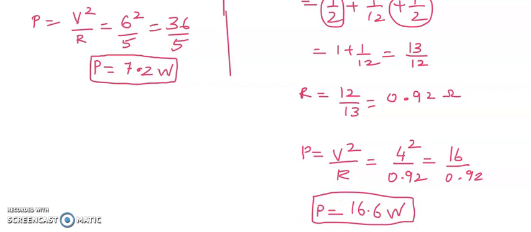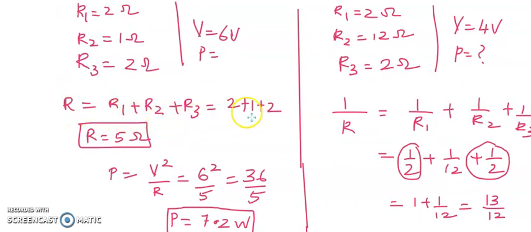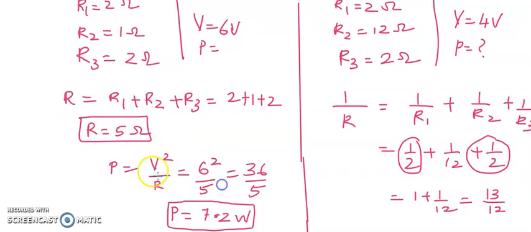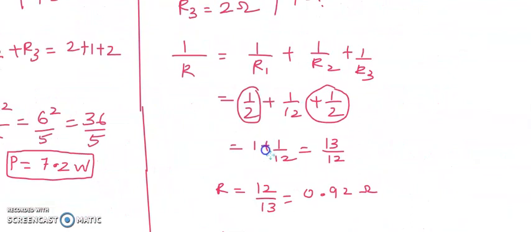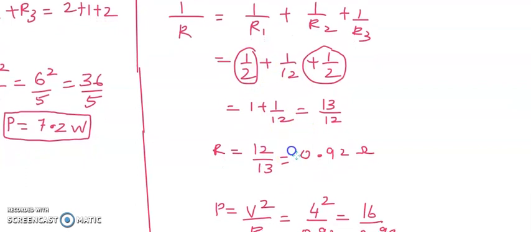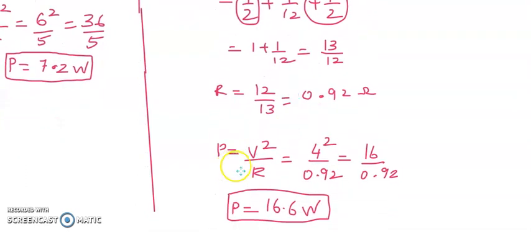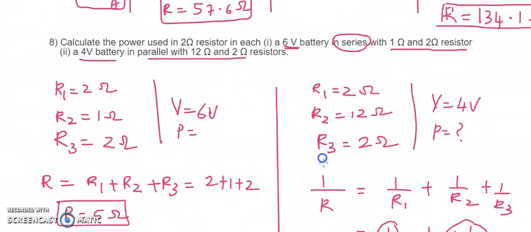So what did they do? They have given us two conditions. In one condition, the resistors are connected in series. We found the total resultant resistance and then directly plugged the value into V square by R to find the power. In the second condition, it's a parallel connection. So for parallel connection, we used 1 upon R equals 1 upon R1 plus 1 upon R2 and so on, and found the resultant resistance. Then we plugged it again into V square by R and found the value of the power. So we just saw various questions to find the power.